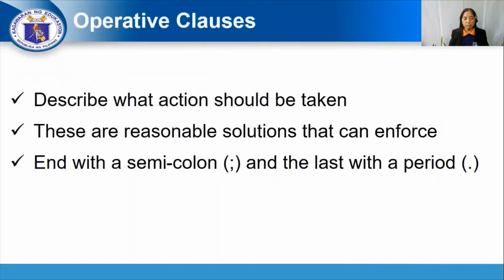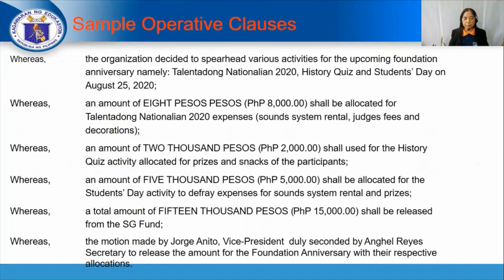Operative clauses describe what action should be taken. These are reasonable solutions that can be enforced, each ending with a semicolon, and the last with a period. Sample operative clauses: Whereas the organization decided to spearhead various activities for the upcoming foundation anniversary, namely Talentadong Nasyonal 2020, History Quiz and Students' Day on August 25, 2020;